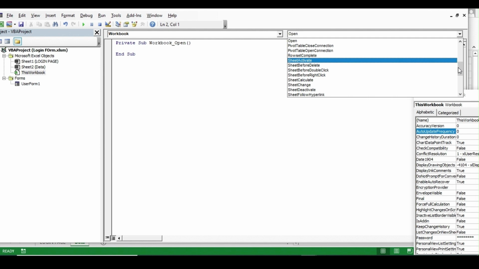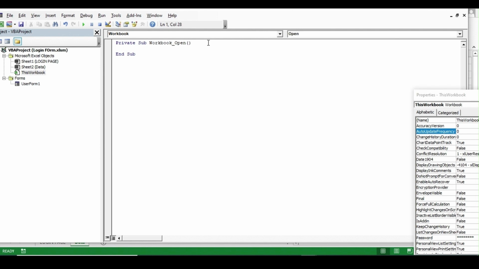That means whenever someone opens this workbook, it should hide the data sheet. That means Sheets data